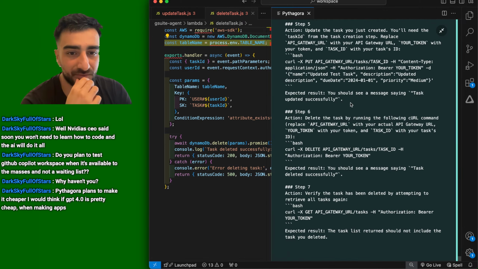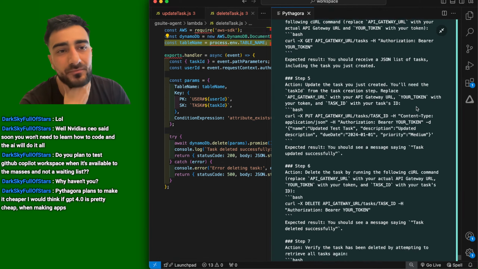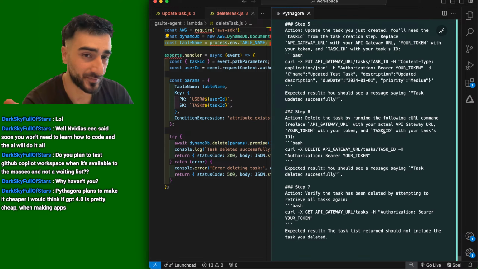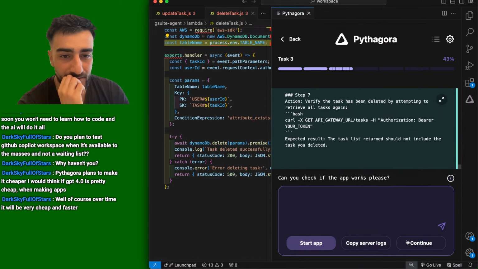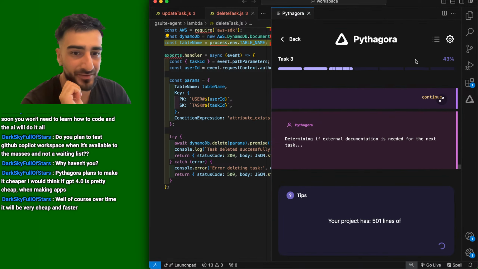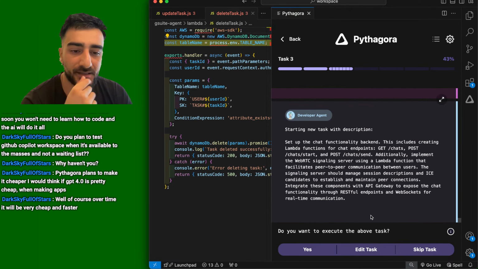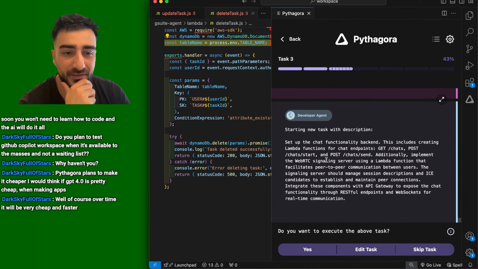And this is really useful for guiding you to set up the AWS side of things, I'd assume. I haven't really looked into it fully, but we're just gonna skip over that whole backend setup and debugging, and we're gonna go to chat backend. Interesting. So we actually asked it to create a backend for a WebRTC chat,